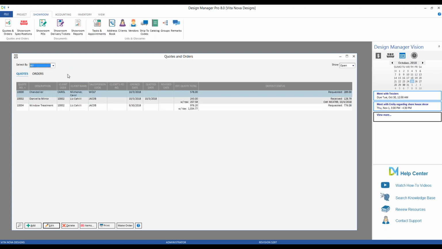Let's take a look at some of the columns available to us. First, we have the unique quote number, which is automatically generated for us, as we'll see shortly. Then we have the description of the quote or the name of the potential purchase, the client's code and name, the designer or salesperson code. Then we have an optional client's purchase order number. This is more used for commercial clients, particularly in cases where they may need an identifying number for their billing